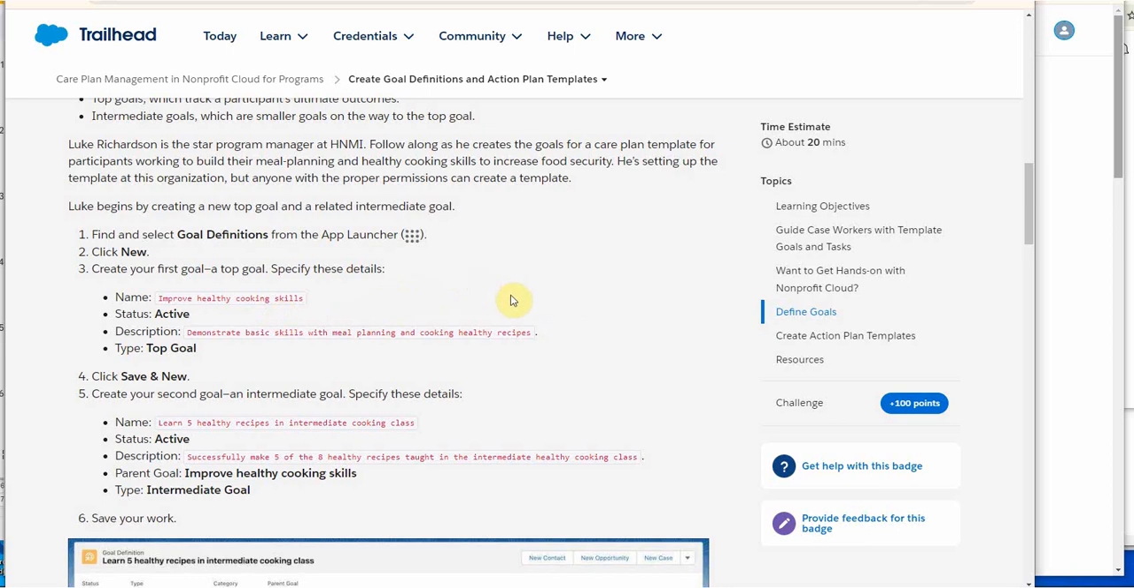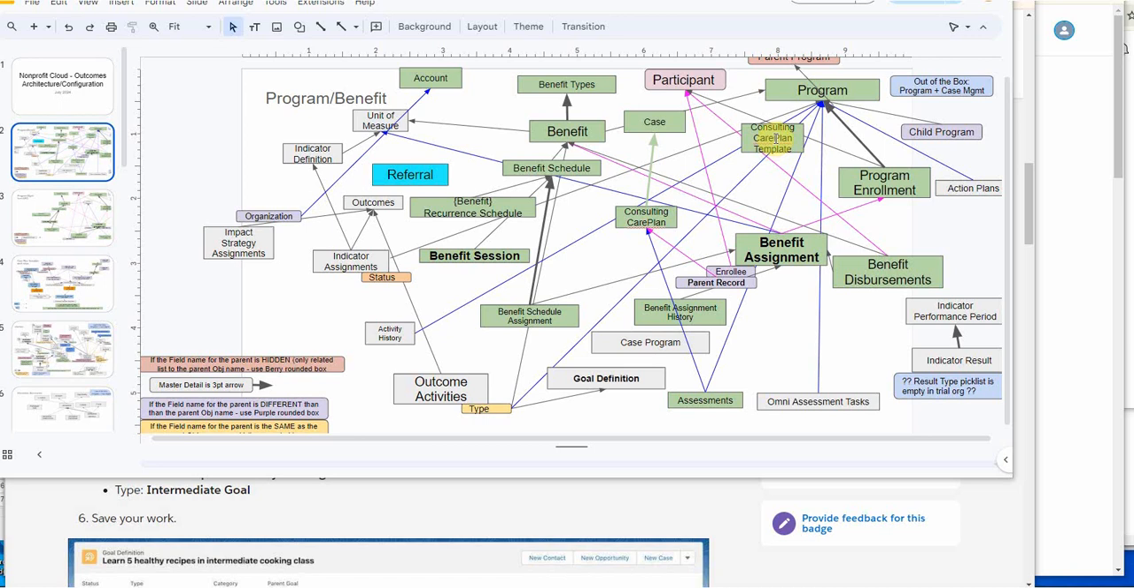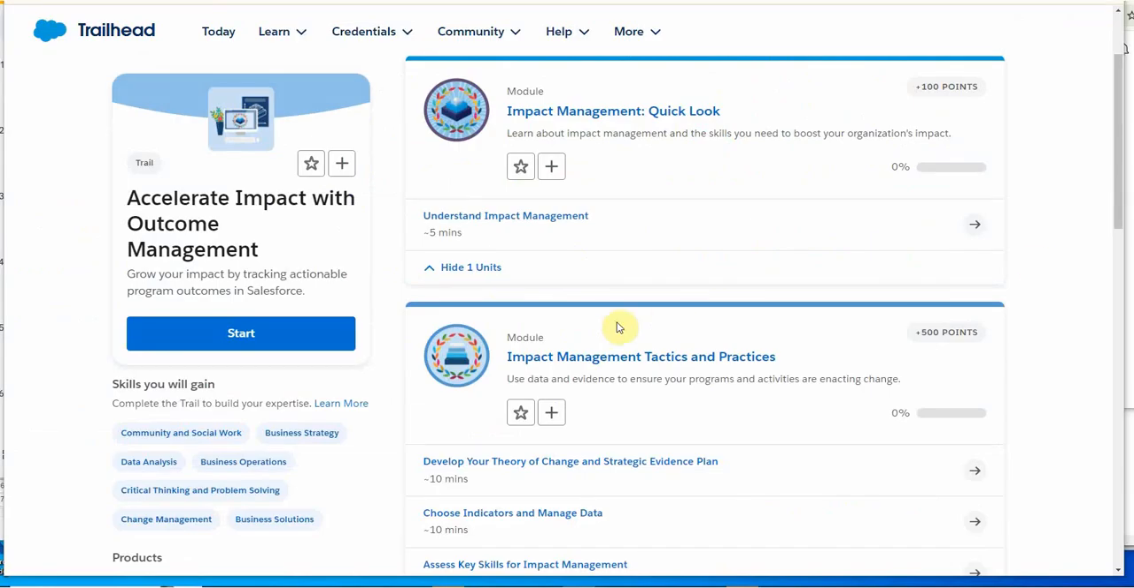This actually rolled up into a care plan template goal that was published and added to a published care plan template. The consulting care template was then used to build a consulting care plan, which was in support of a specific case. This is all relevant because when we look at the Accelerate Impact with Outcome Management, these modules are